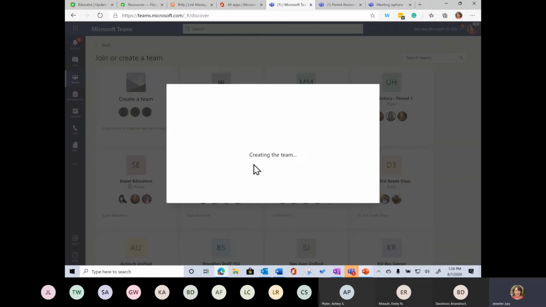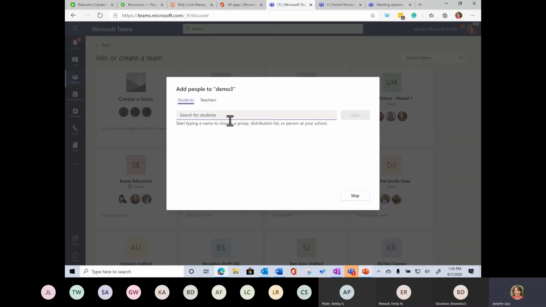I'll click next. You can give a description if you want. You add your students. If you don't want to add students, I'm going to show you where there's a code and you can just send that to the kids and they can all join themselves. If you have co-teachers or special ed teachers or CCR teachers that you want to have access, this is where you can add their email addresses and give them some ownership rights in your